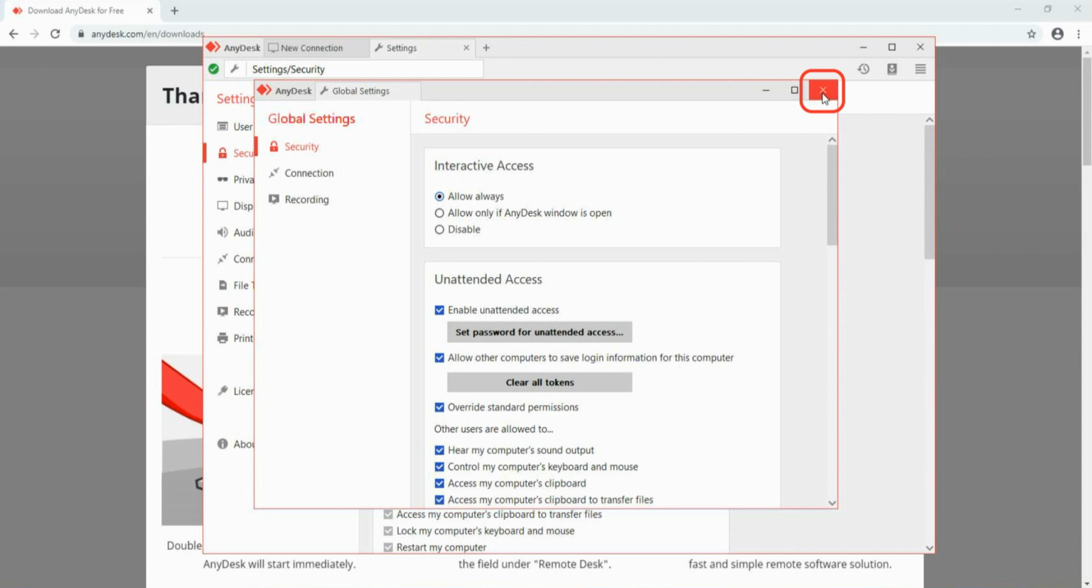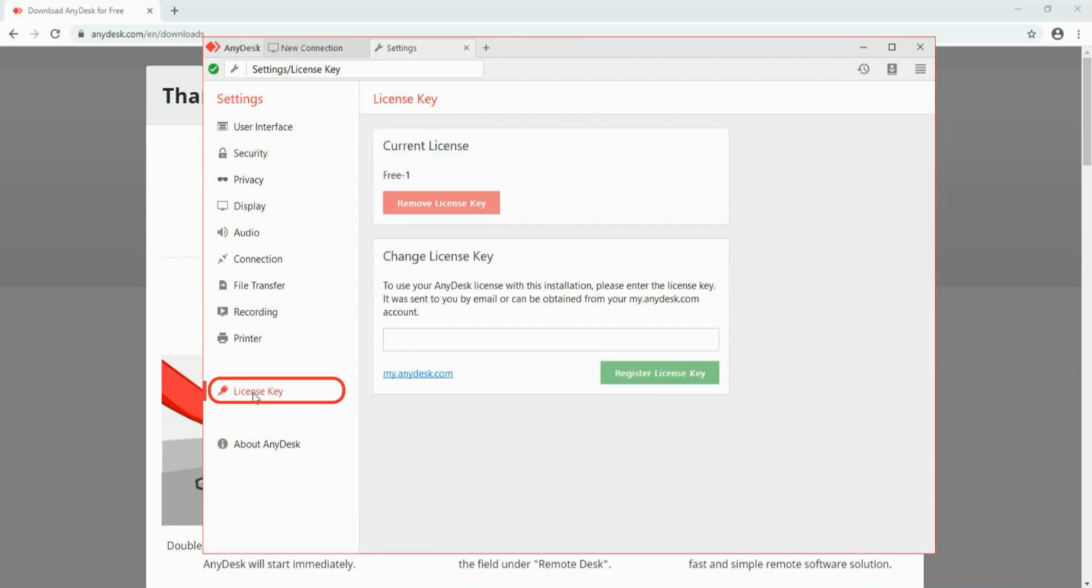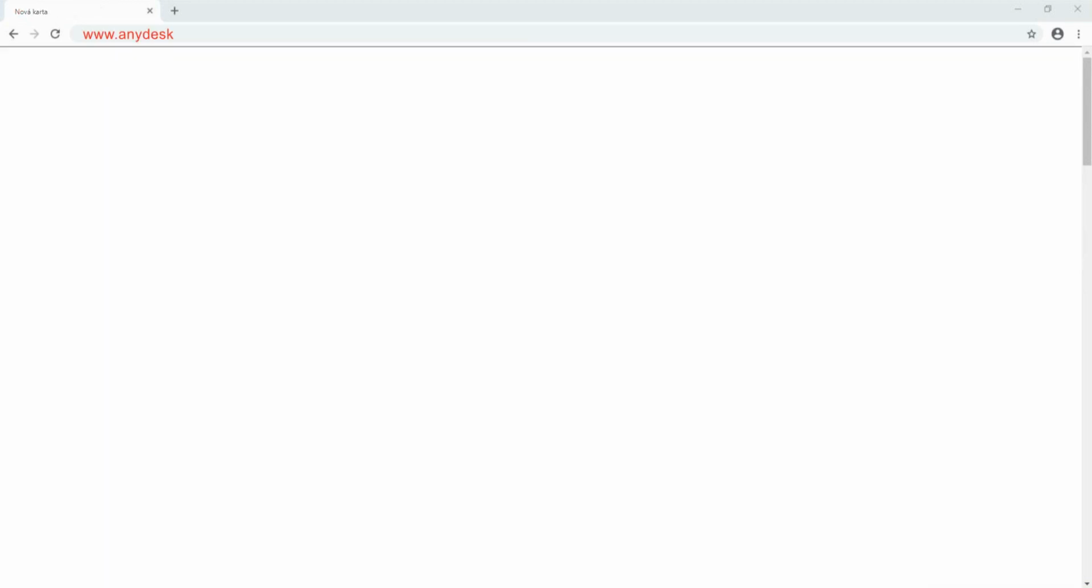Now we can close the security settings window. Next, we proceed to licensing the application. The left column shows the settings menu. Please click on License Key. The License Key window appears. You will find your original license key after logging in to your account on the website